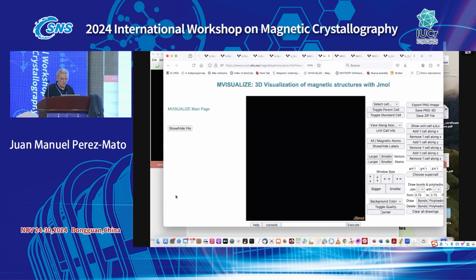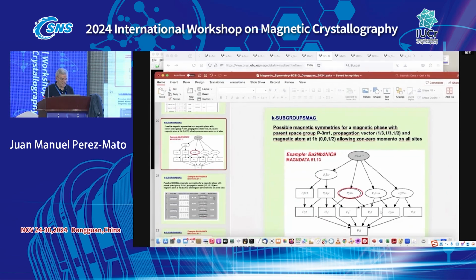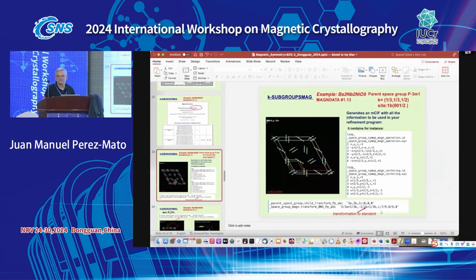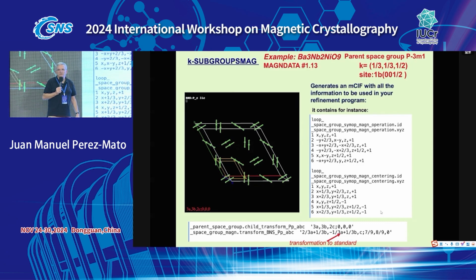So, if your computer has worked, then you must see something like this. Okay? So your zip file will generate a file with this symmetry indicated by these symmetry operations, and the file will also contain that it is using a cell which is 3a, 3b, 2c. Remember, the k vector was 1/3, 1/3, 1/2, so you have to multiply the unit cell to describe the periodicity